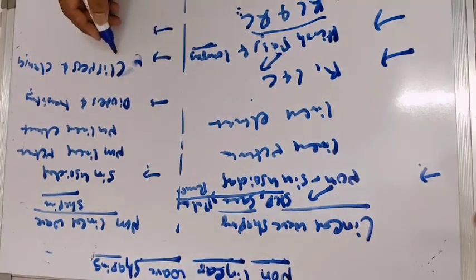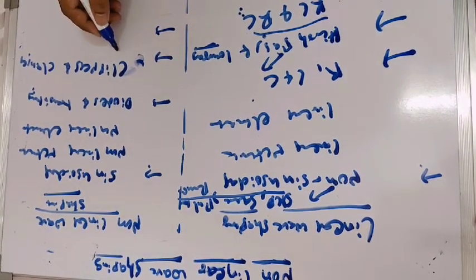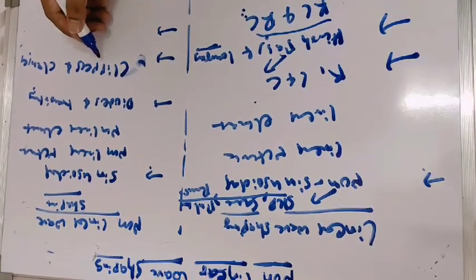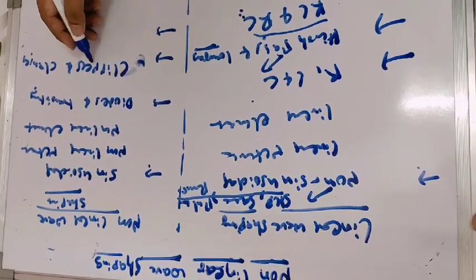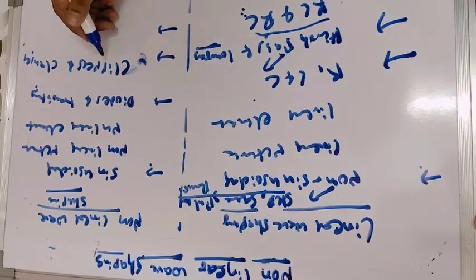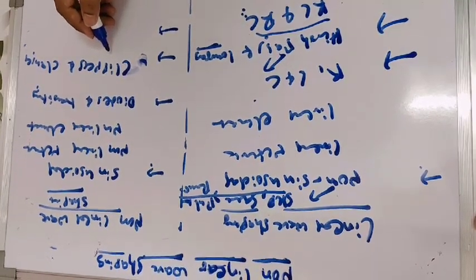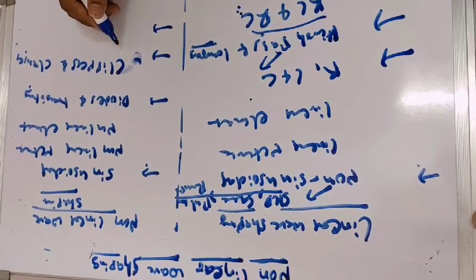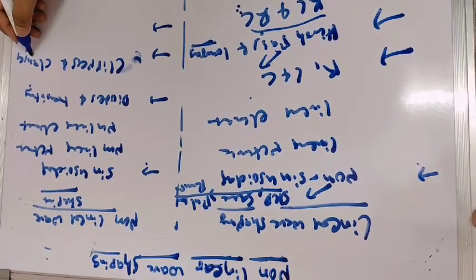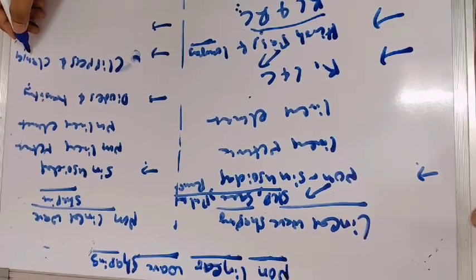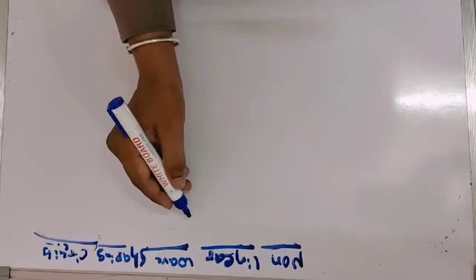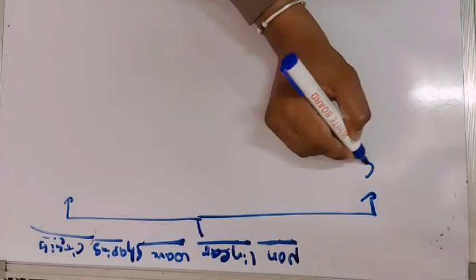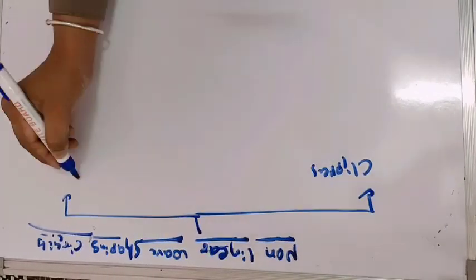While coming to non-linear wave shaping, whenever we want to remove an unwanted portion of a given sinusoidal signal, we use non-linear wave shaping circuits, that is, clippers. Clippers are generally used in analog TV receivers and FM transmitters to remove unwanted noise peaks generated in the signal. A clamper is nothing but a DC restorer or DC reinserter. The nonlinear wave shaping circuits are generally classified into two types: one is clippers, another is clampers.